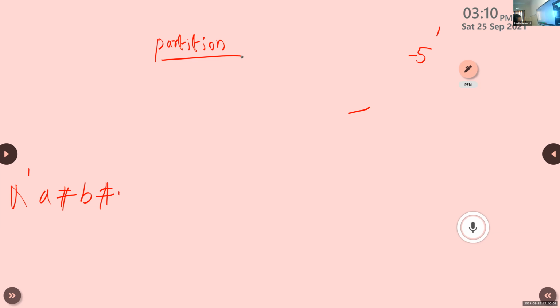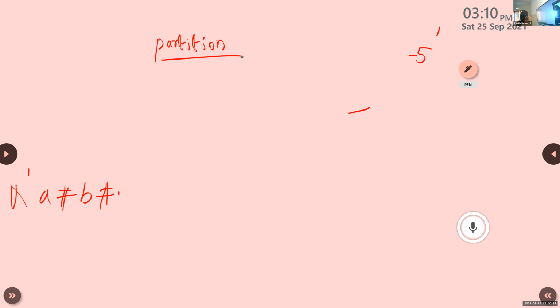So this partition function is used to split the given string using the specified separator and return a tuple with three parts. The first part is a substring before the separator. The third part is the substring after the separator. The second part is the separator itself.